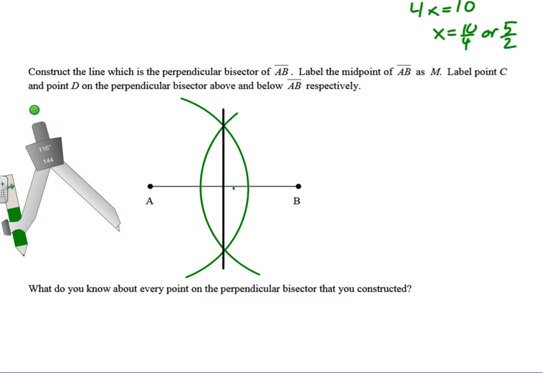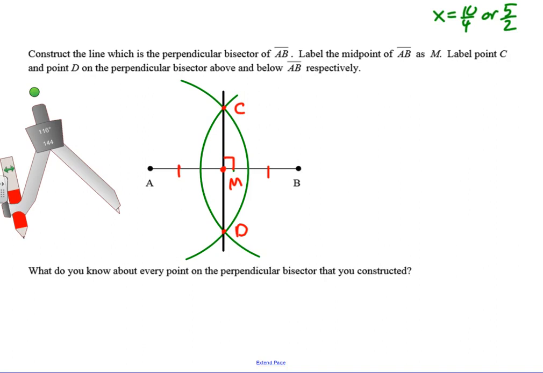Again, my tool sometimes is a little bit off, but we know that we've got ourselves a perpendicular bisector, and it says label this point here as M, the midpoint, and label C and D on this above and below. It doesn't really matter where those are, but we'll just put them there. Okay. So what we know about every point along the perpendicular bisector is we know that it is equidistant